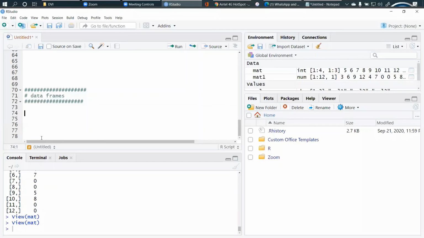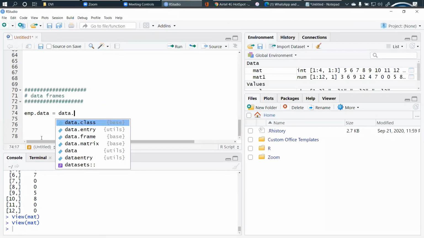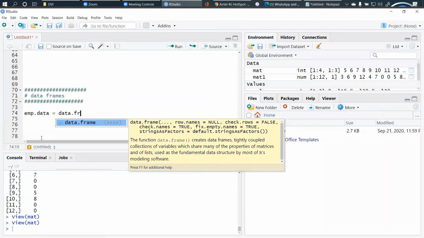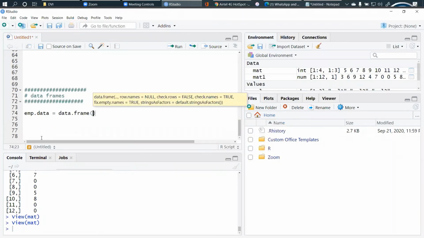Okay. So let's create some details about employees using data frames. I'll go for emp.data, right? I'll create a data frame with data.frame. You can see the syntax pop up instantly. So what I'm doing is taking an employee ID. We'll take 5 data, so range from 1 to 5.